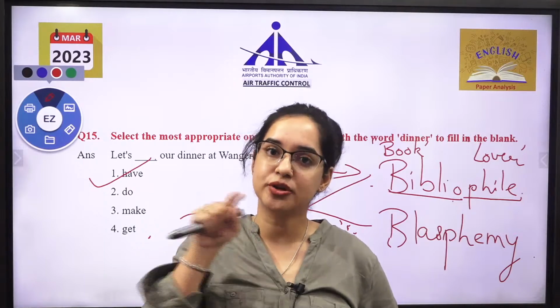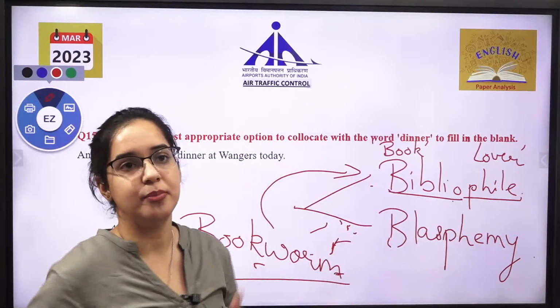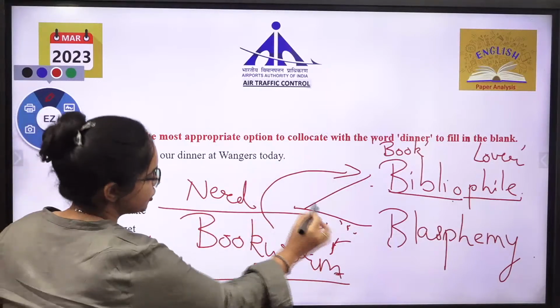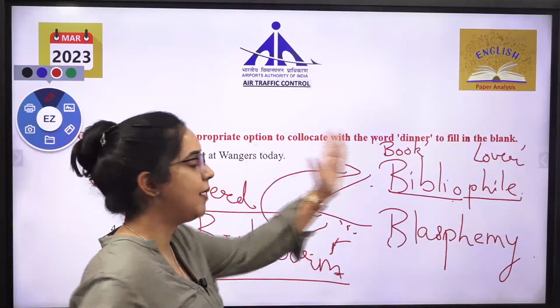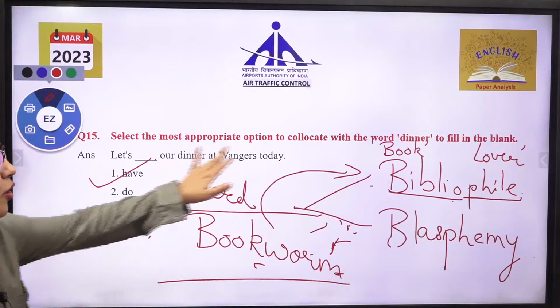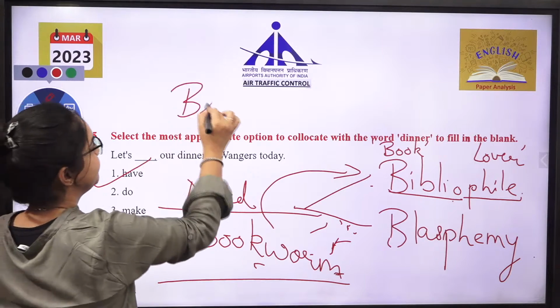Nerdy भी होता है जो किताबों में होता है. But nerdy comes in between bibliophile and bookworm. So 3 words you get to know. There is a slight demarcation. Otherwise you use it in a similar way. आप लोग एक ही तरीके में यूज करते हो, but थोड़ा थोड़ा हल्का हल्का डिफरेंस आता है bookworm, nerd और bibliophile में. Very minute difference. Right. So blasphemy is clear everyone? Blasphemy क्या होता है? चलो एक और वर्ड कर लेते हैं. Then we'll move to the next. Brittle क्या होता है?